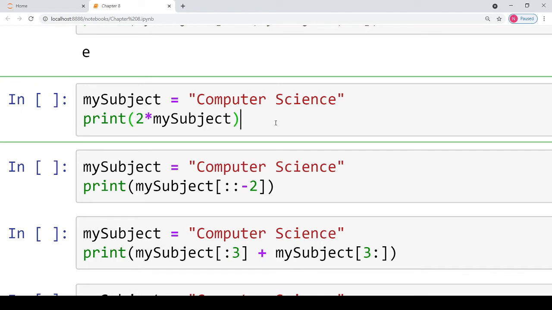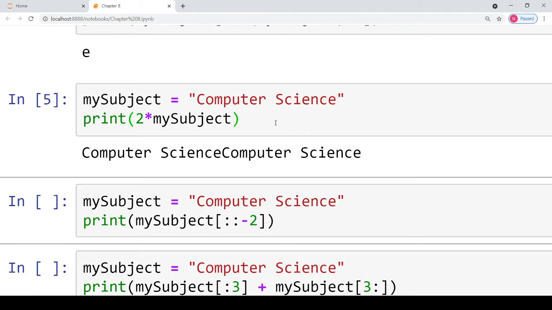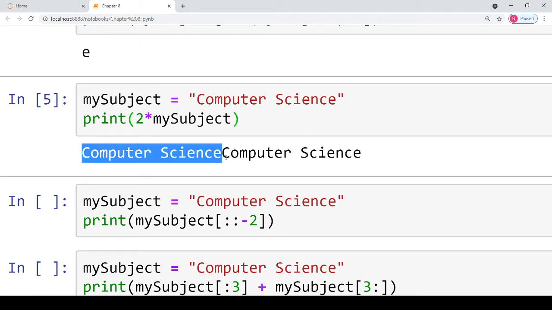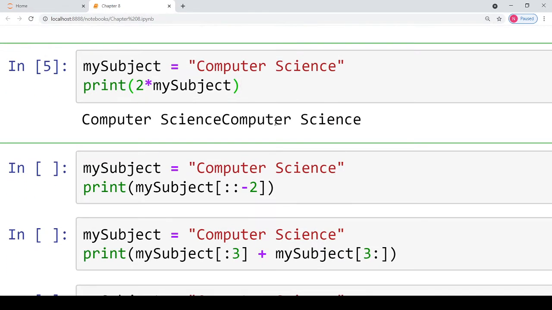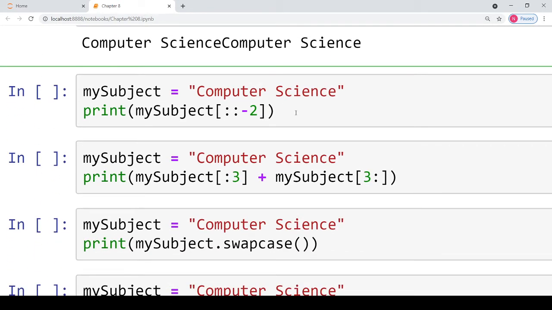So basically this will print the same string appended twice. The first string is computer science, and at the end of this string the same string has been appended. So you are printing the string my subject 2 number of times. All right, coming to the next part.